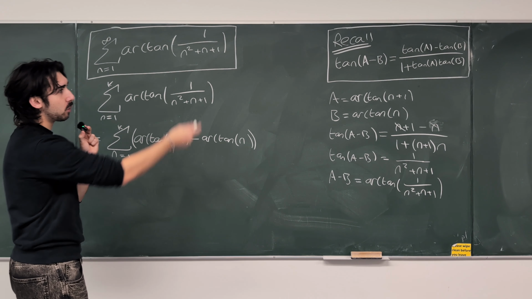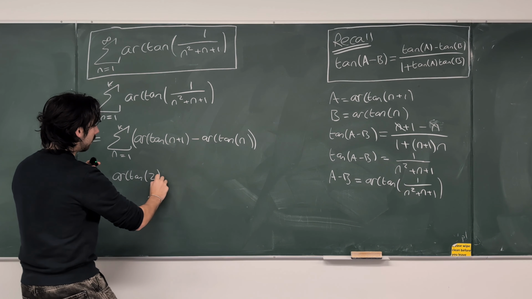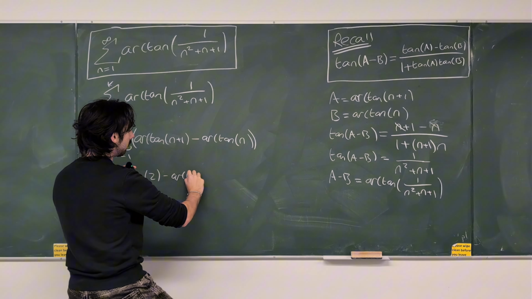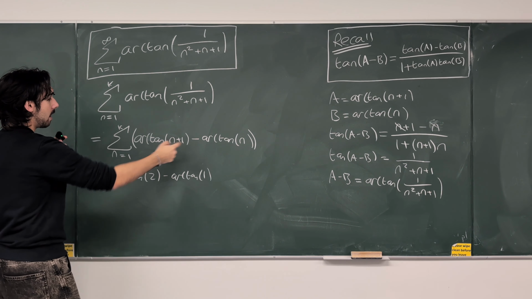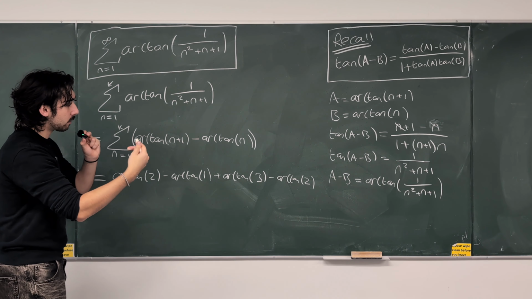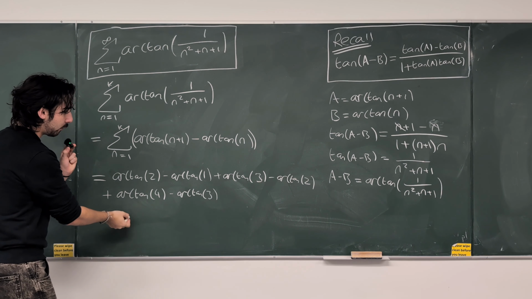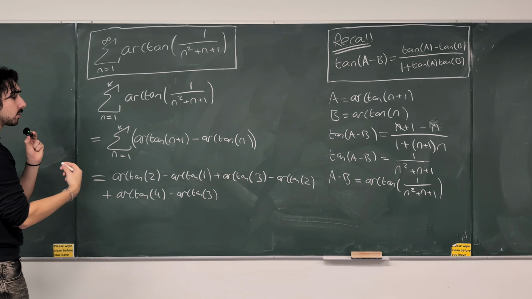And that's the beautiful thing about what we did over there. So if I actually just start writing some terms out, my first term is just going to be arctan of 2 minus arctan of 1. That's term number 1, okay? Term number 2 is going to be arctan of 3 minus arctan of 2. Term number 3 is going to be arctan of 4 minus arctan of 3, and so on and so forth,